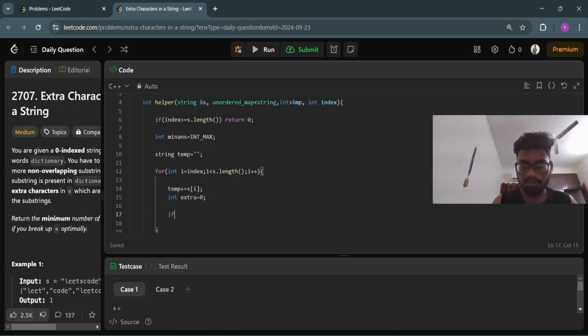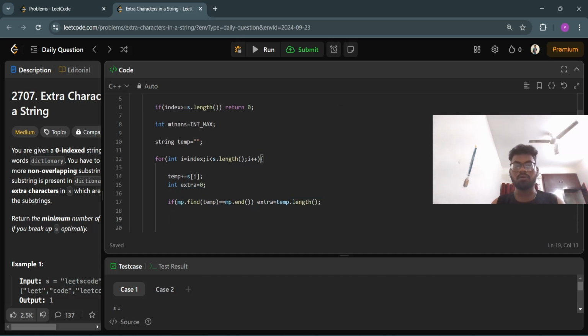If mp.find of temp is equal to mp.end, then this extra is equal to the value of temp.length. Or else,